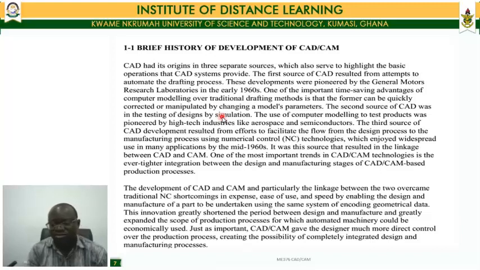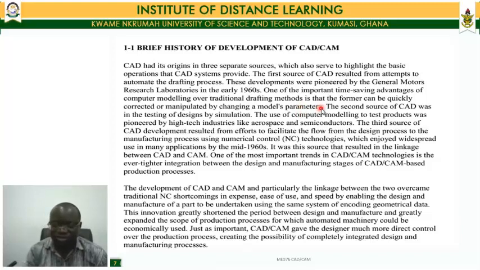So that was the first important time-saving advantage realized when the attempt was made to automate the drafting process from a manual pencil and paper drawing to computer-based software, using software to create the lines and arcs